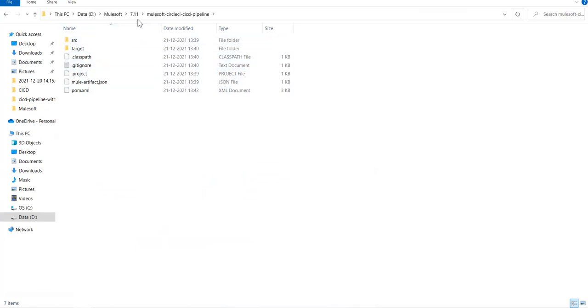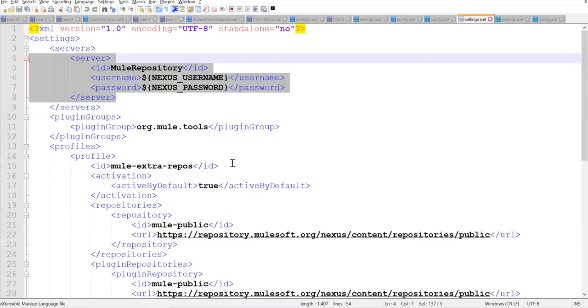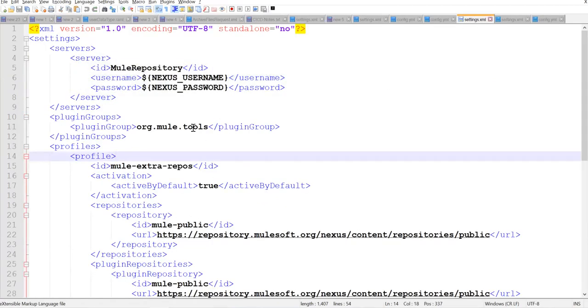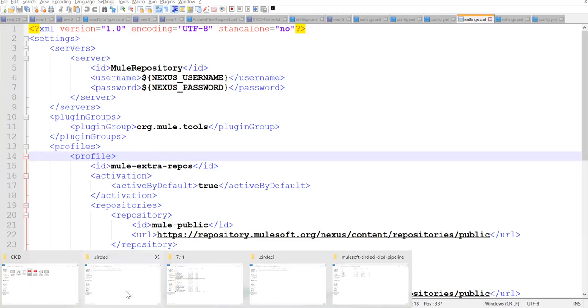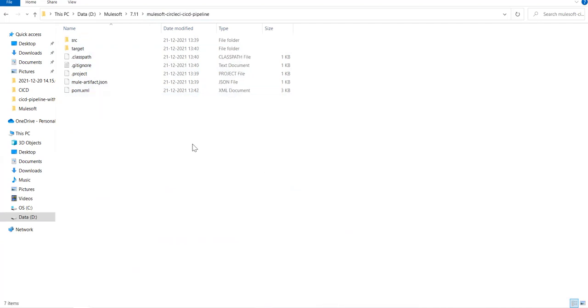The similar settings.xml which we have used for other sessions, I'm going to add to this project also. So I'll take it from one of our projects, copy this, and copy it to my project. Here, Control V. Second step is also done. Our settings.xml is available in our project itself now.